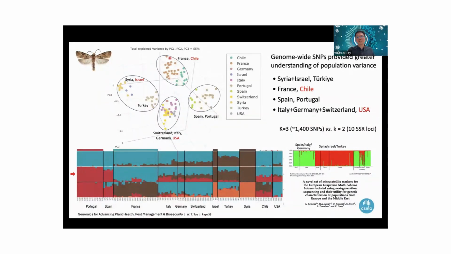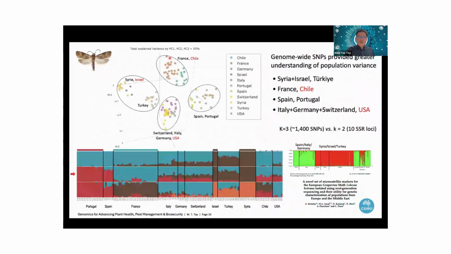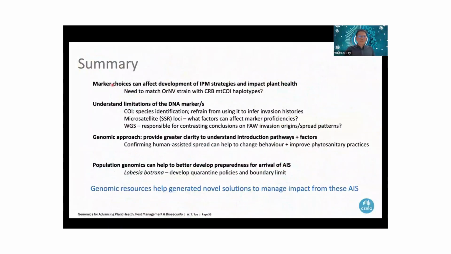So if this species should arrive in Australia, we can actually develop a boundary, because if we can quarantine it and set up the boundary, we have a good chance that we can localize the invasive population and stop it from moving to other regions of Australia. So in summary, market